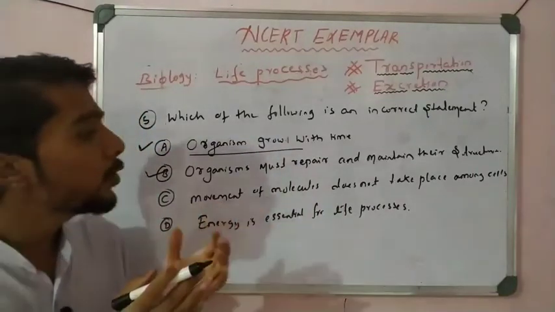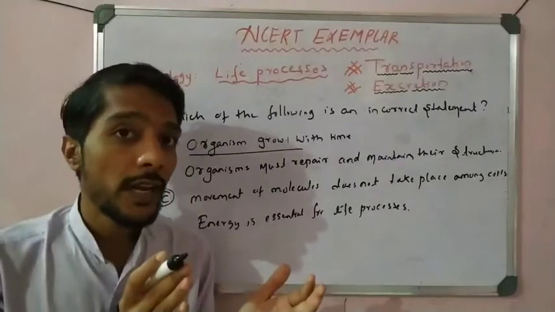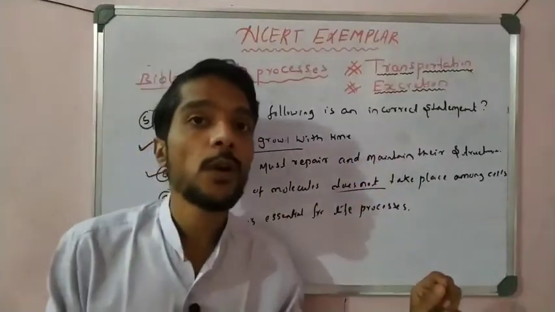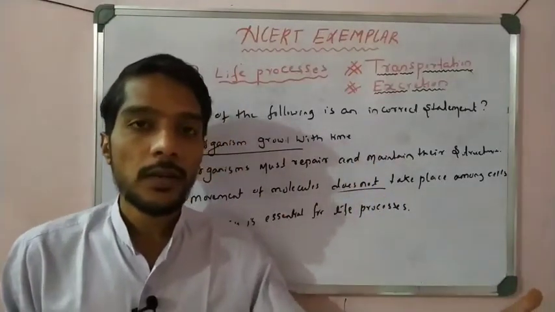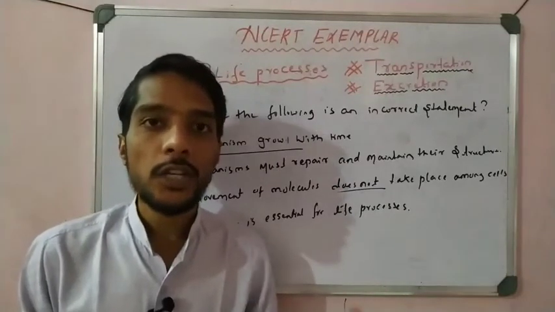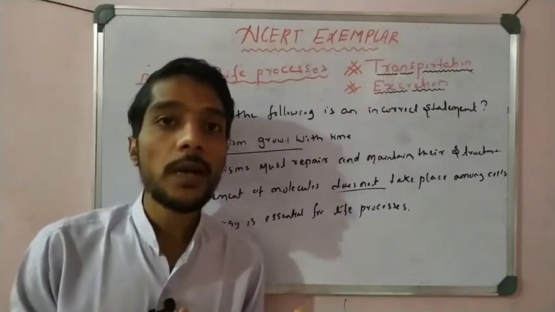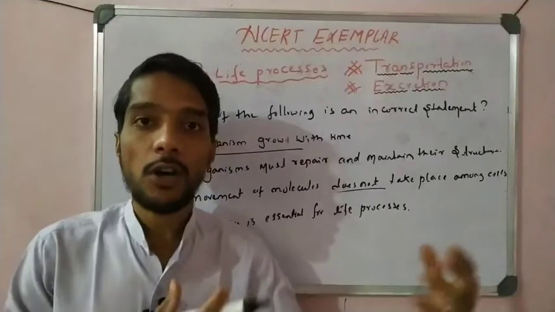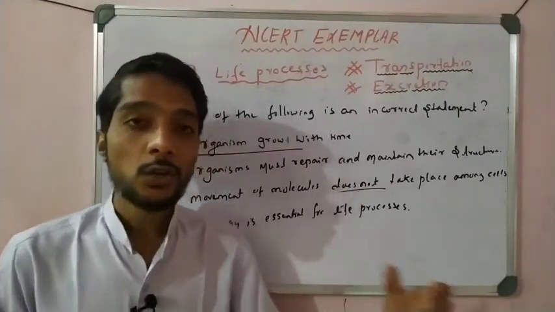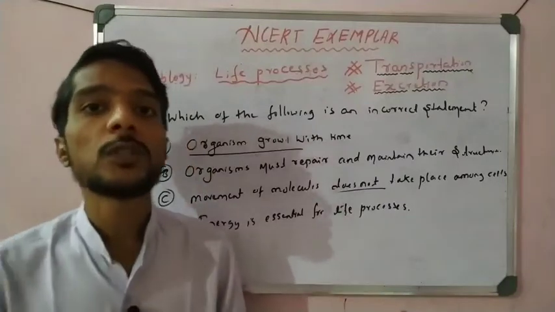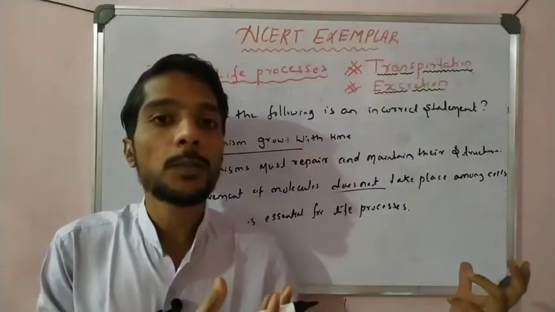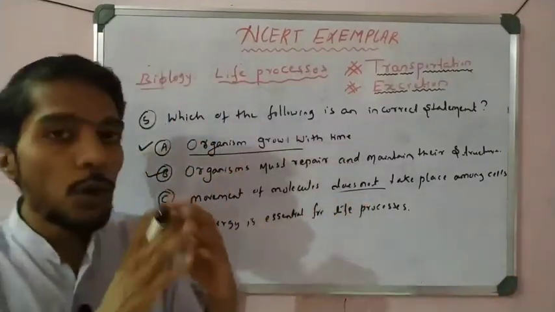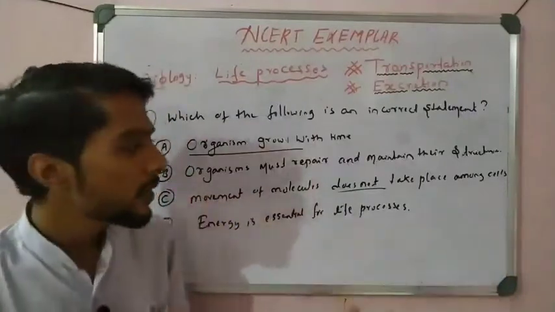Now movement of molecules does not take place among the cells. That is actually incorrect. If there is no movement of molecules, then how do we study the transportation of blood, right? What is the function of the heart here? Transportation of blood, and throughout the blood different molecules, fats, proteins, carbohydrates are transferred from one cell to another cell with the help of osmosis, diffusion, different processes, right? So if there is no movement of molecules, how is transportation possible? The heart pumps the blood, which means transportation of molecules is there. So the statement saying there is no movement is a wrong statement.